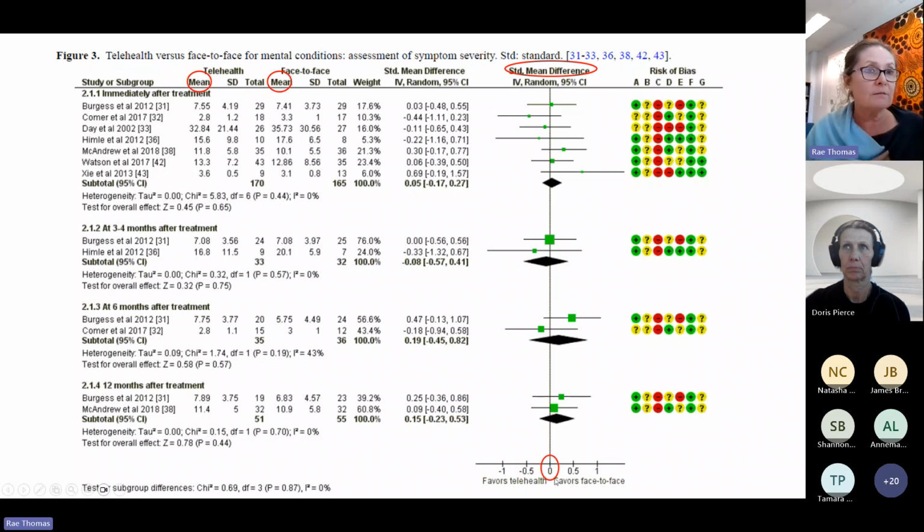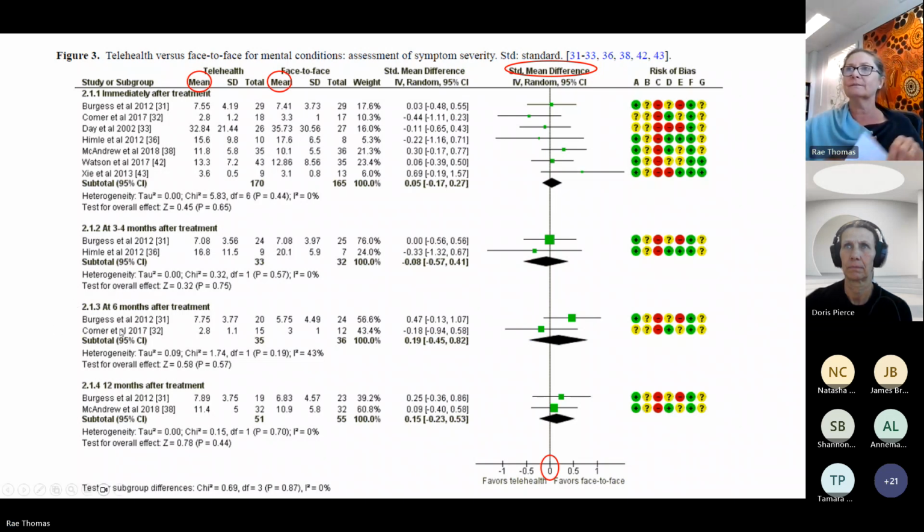Some forest plots are about ratios, right? Now, a ratio is a division. And if there's no difference between two numbers, then the line of no effect is going to be 1, right? So for a mean difference, 5 minus 5, there's no difference, the answer is 0. 5 divided by 5, no difference, the answer is 1, right? So that's all that means. That's a line of no difference, and it can either be 0 or 1. 0 for mean differences, 1 for ratios, right? Anything that crosses that line is not significant.